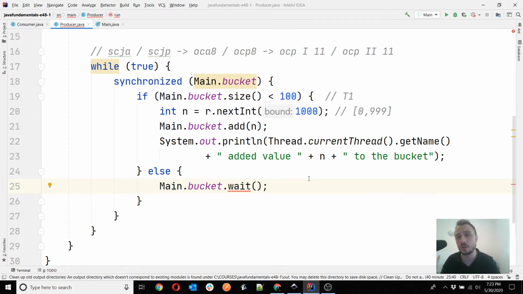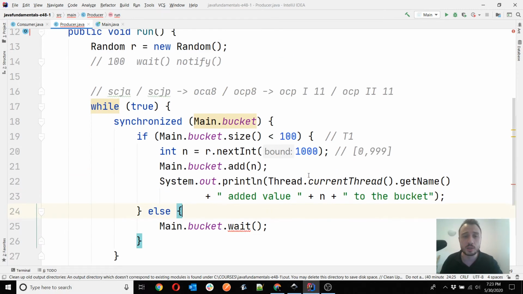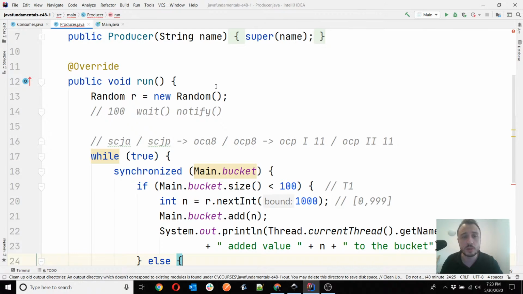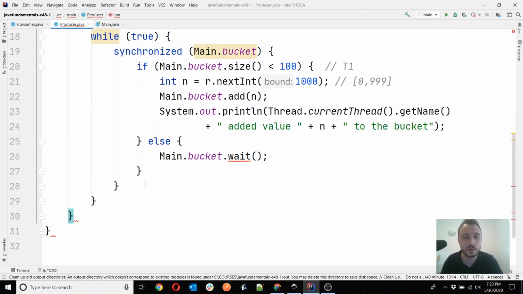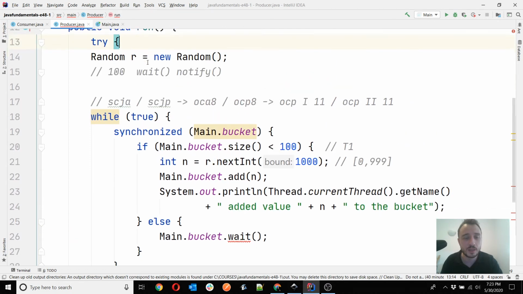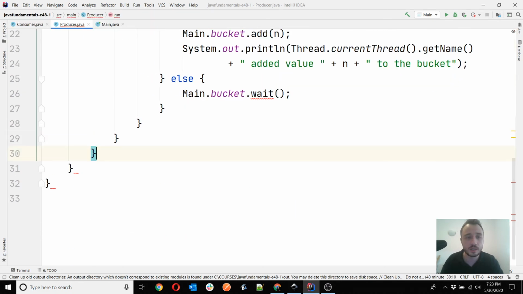So remember, all methods that block a thread usually also throw InterruptedException, and that's a good thing to remember for your OCP exam, because you'll more easily remember when you have an exception and the code doesn't compile.